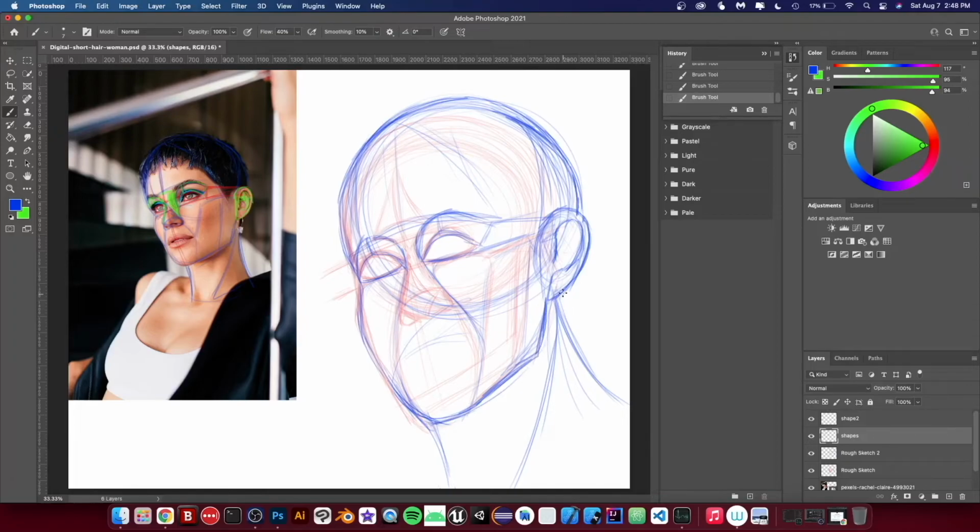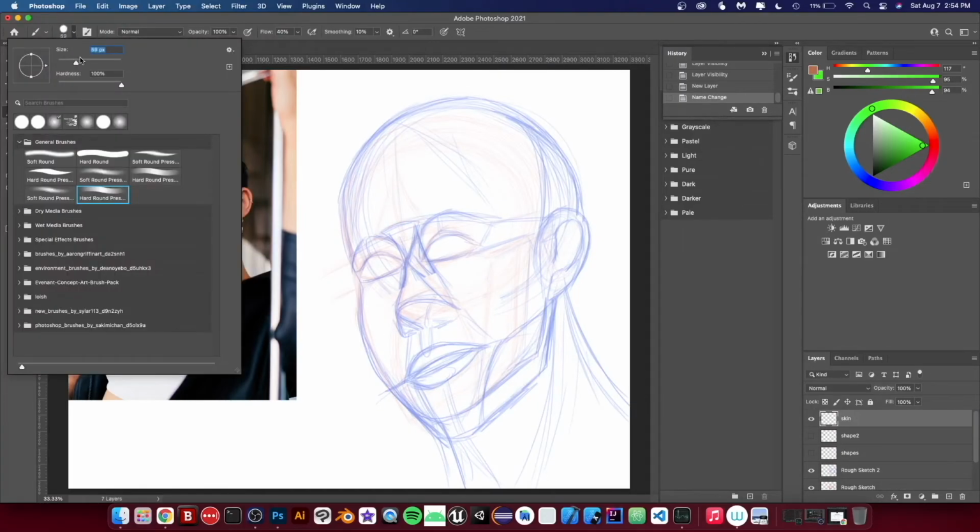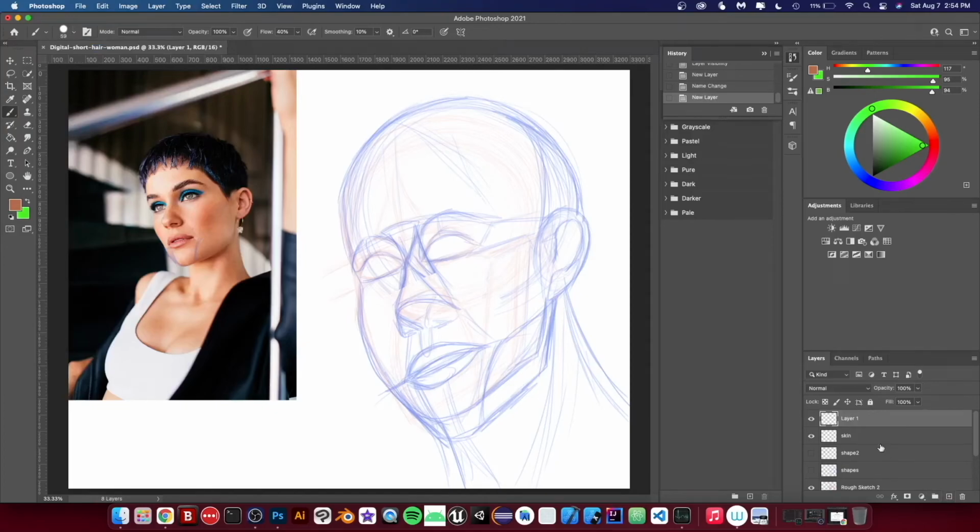Now, the lips. I'm going to fast forward a bit. I know what you're saying. This doesn't look as good as the photo yet, but at least I got the structure of